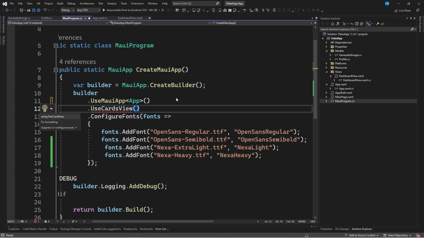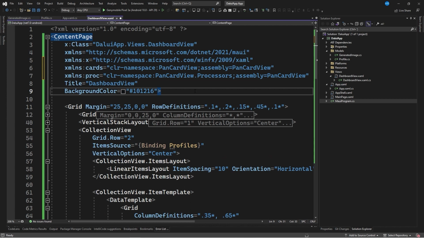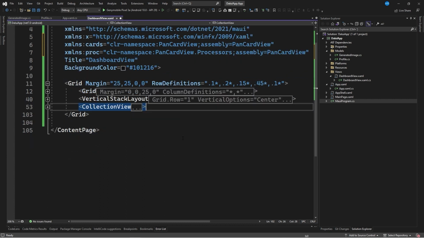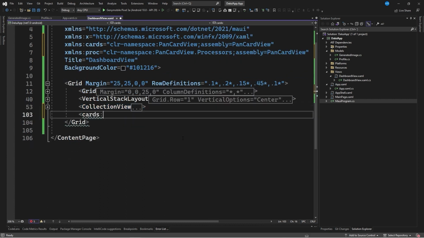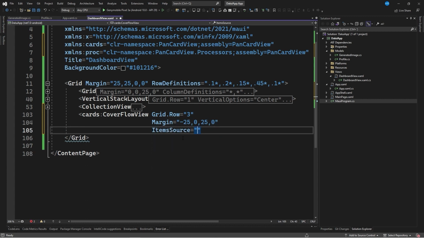I import the required namespace, which is PanCardView, and with this, I am ready to start using this control. I go back to the DashboardView.xaml and compress the collection view that I defined earlier. I use the control called CardsCoverFlowView and specify some properties, such as the location in row number 3, a margin of 25, 0, 25, 0, and an item source, which in my case is the collection I